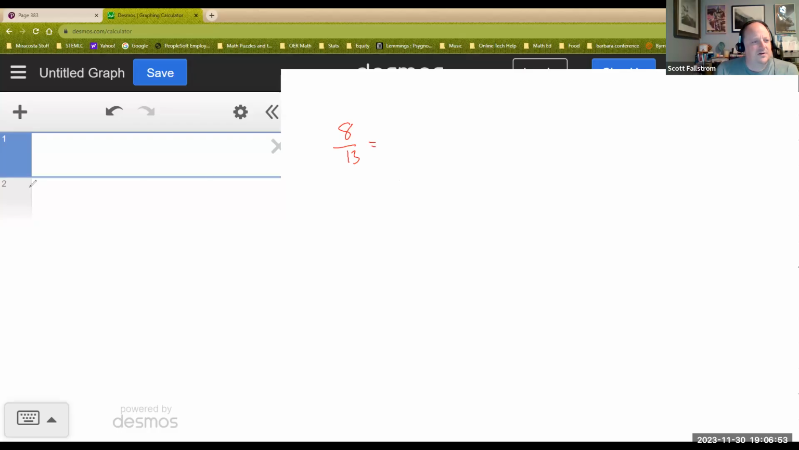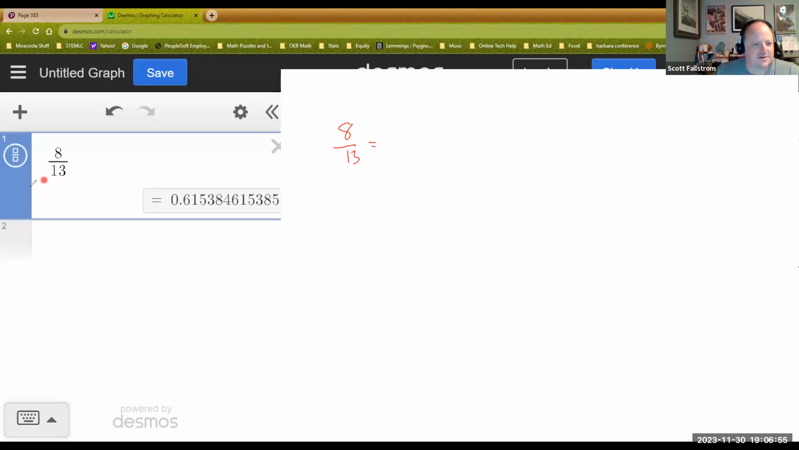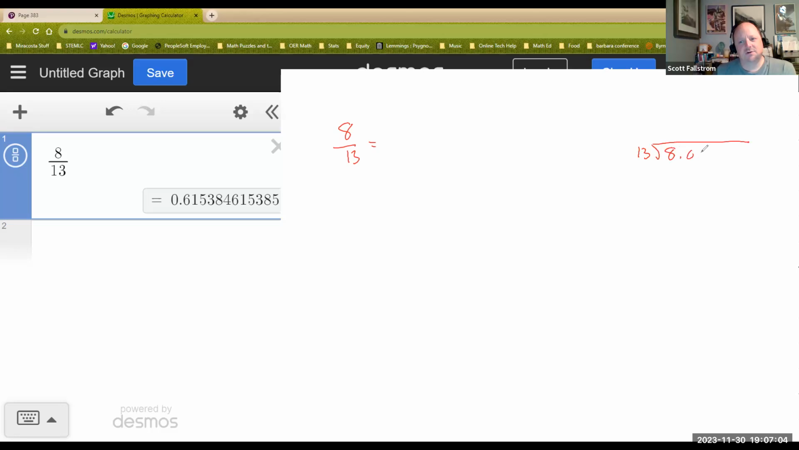I can come to my calculator. I can type in 8 divided by 13, right? So now, if I was writing this out manually, remember this would be 13 divides into 8.0000, doesn't go in. So I bring it down and I have my first remainder is 8, and then I could keep doing the division. Okay, so when you see something like this, look,